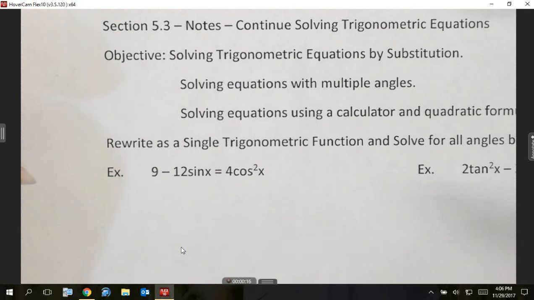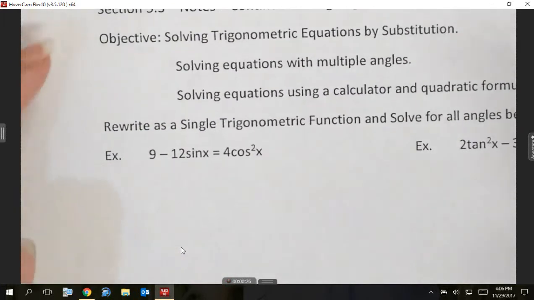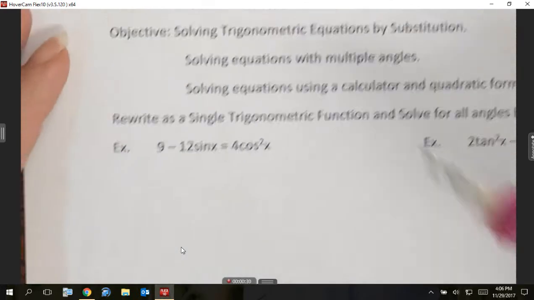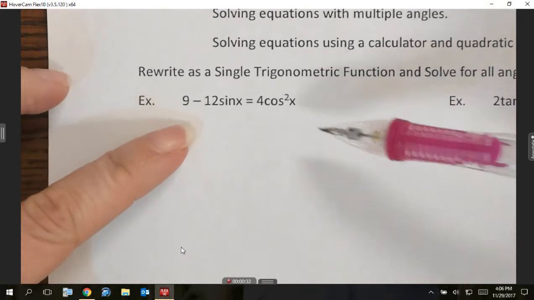On this part of 5.3, we're going to build off of what we did on block day, where we factor and solve these equations for x. We're going to be finding the angles that make the equations true. The problem that we're going to now have is that